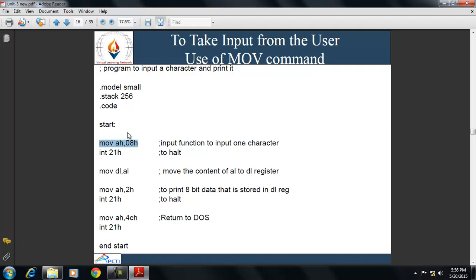By default the value is inputted to the AL register. So from the AL register we have to move this value to the DL register to print it. So we move the value of AL to DL. Then to print this value we use move AH comma 2H, and to return to DOS we use move AH comma 4CH.